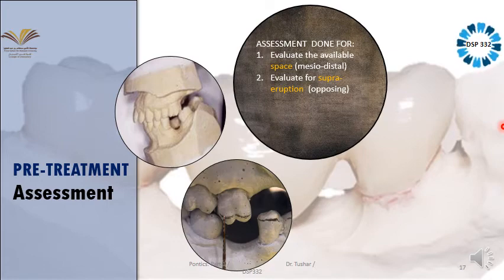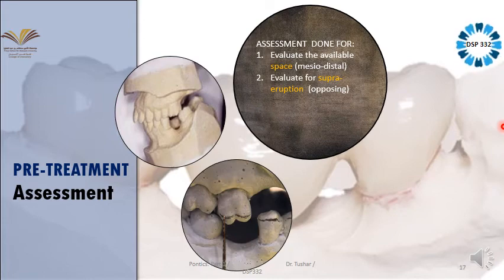If I do 2 millimeter enameloplasty, I will land up into the dentine, and if I keep it like that, your patient will have sensitivity. So instead of removing his problem, you are creating another problem. That is why go for intentional root canal treatment, give the crown for the supraerupted tooth which is having more than 2 millimeter supraeruption, and then proceed with your fixed partial denture. Understood? Yes.